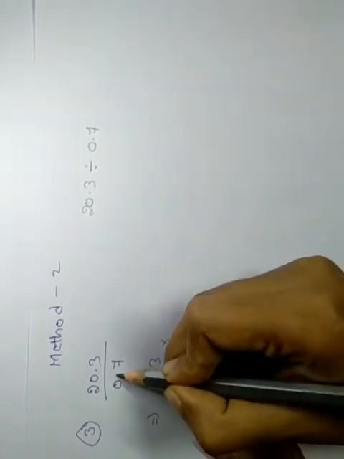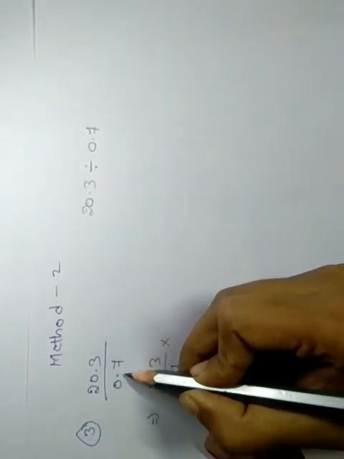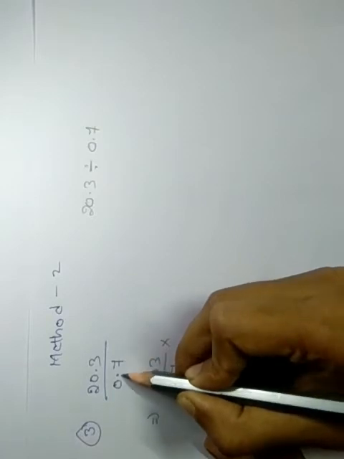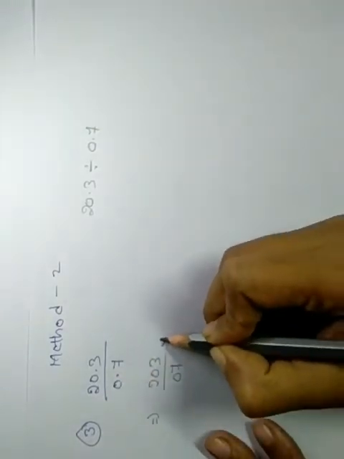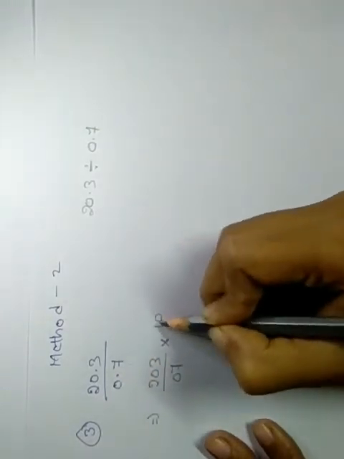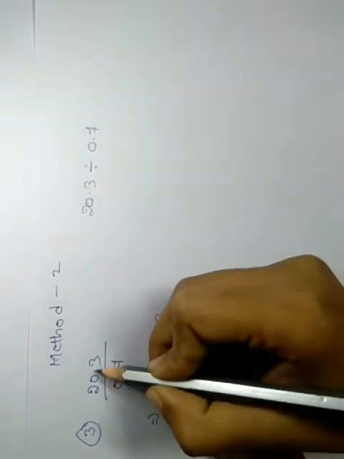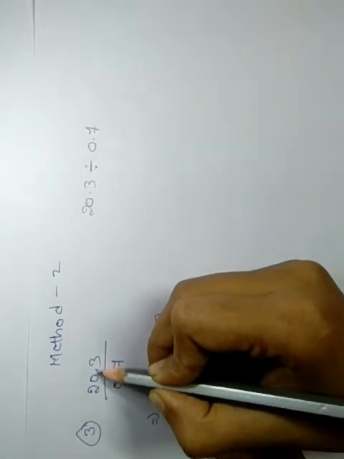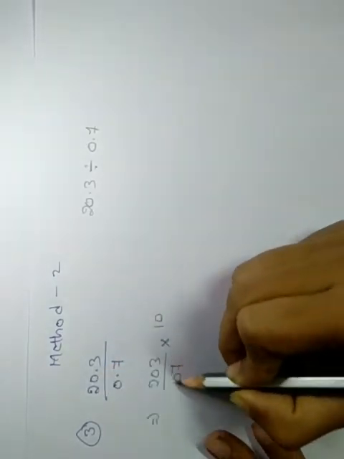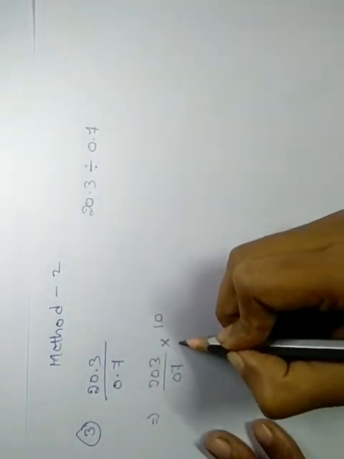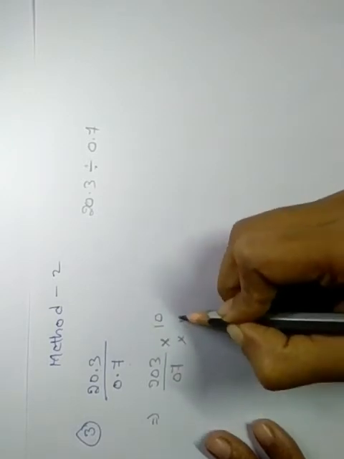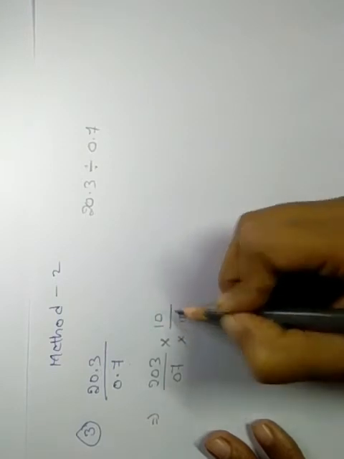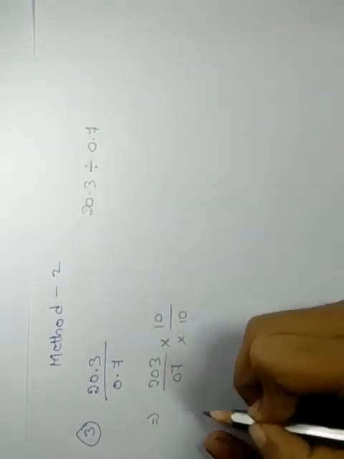Now here at the denominator place there is a decimal point after the single digit, so we have to multiply this numerator by 10. And at the numerator place again there is a decimal point after the single digit only, so again we have to multiply this denominator by what, 10 only. Now this symbol will come, the divide symbol we have to insert.